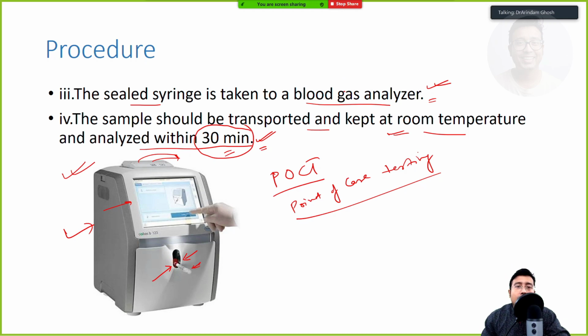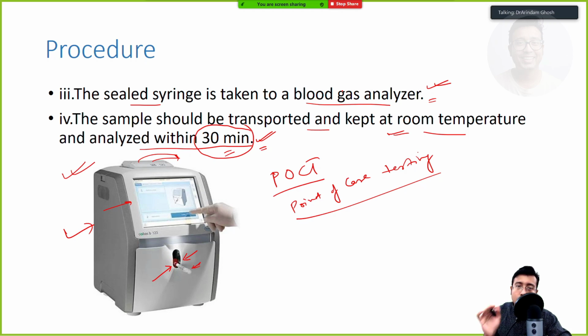You might be wondering, is there any harm in the case of other routine parameters, suppose blood glucose? We draw blood right now and send it for glucose analysis in the evening. Will there be any change in blood glucose? Definitely there will be, because by then all the RBCs will utilize the blood glucose due to continuous glycolysis, right? So there is an applied question there. In order to prevent this, we use sodium fluoride in the vial for blood glucose. Sodium fluoride inhibits the enolase enzyme. Enolase is an enzyme of glycolysis. I think the applied question, why sodium fluoride is used in